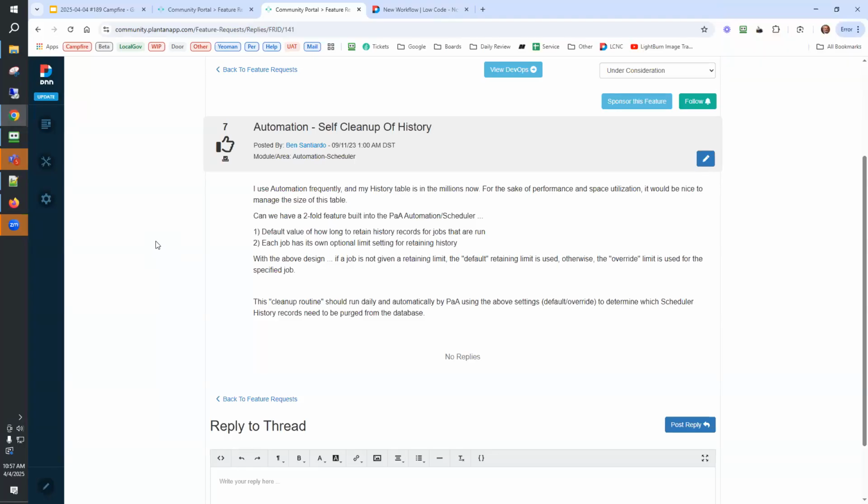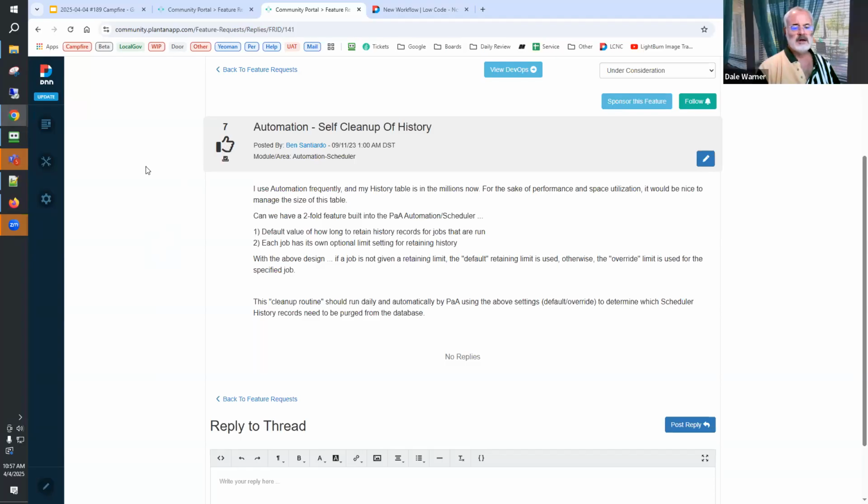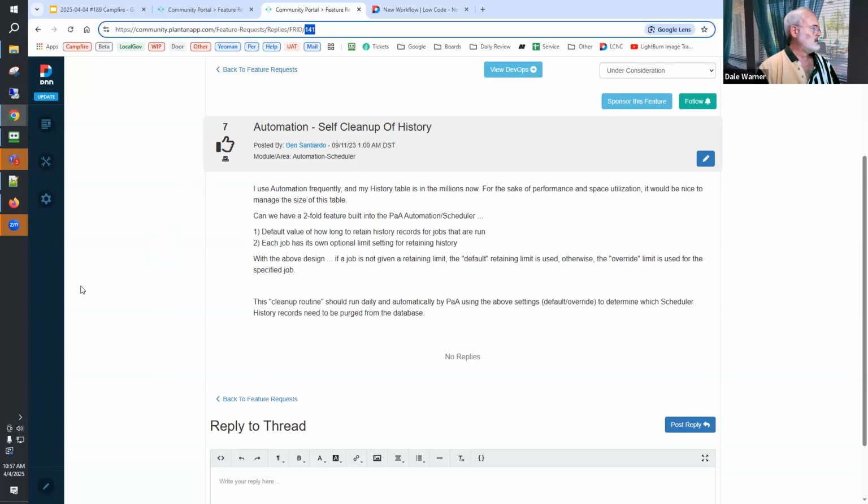So I would give a thumbs up to automation self cleanup of history, number 141. I absolutely agree with it. If you agree, please click and get into that one.